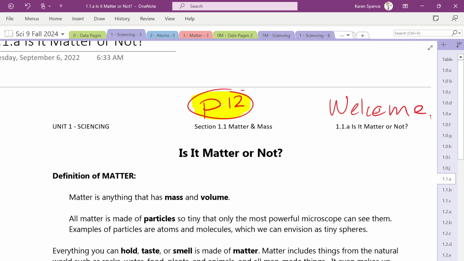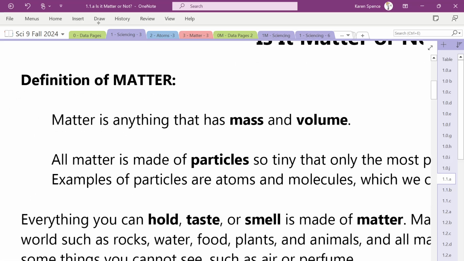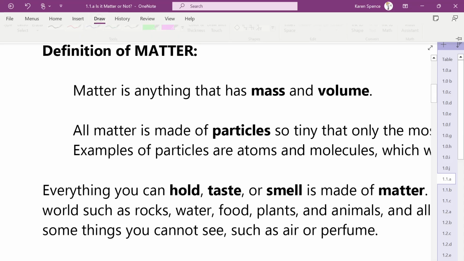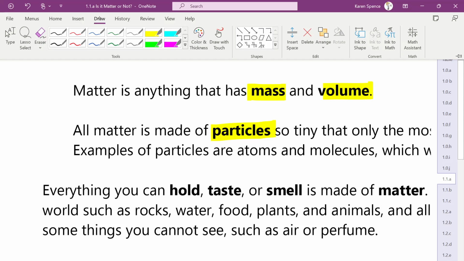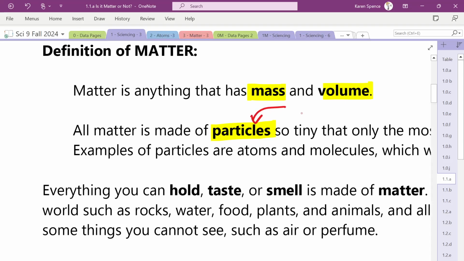Okay. Shh. What two things does something need in order to be matter? Atoms. Yes, it does need atoms. One of the things starts with an M. Mass. Okay, so matter is anything that has mass and volume. And it's anything that is made of particles. And what is the smallest particle? Atoms. I mean, there's some that are smaller than that, but we're going to go with atoms, okay?